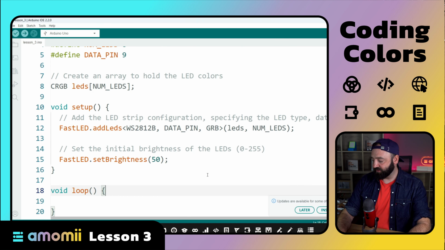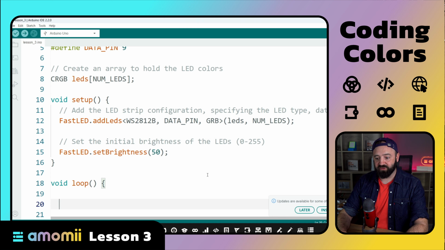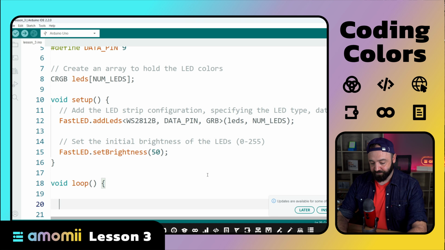So let's start off by just lighting up the first pixel red. Now, I like using the hue, saturation, and vibrance. That's the HSV color codes that we learned in lesson 2. So we'll stick to that, and it's going to be very helpful for our code as we move on. So we might as well start with that. So let's just say we want it to be red. The first pixel would say